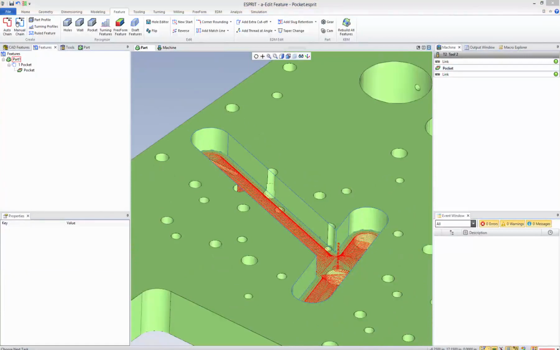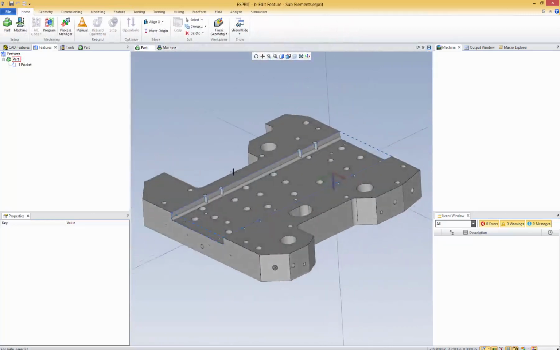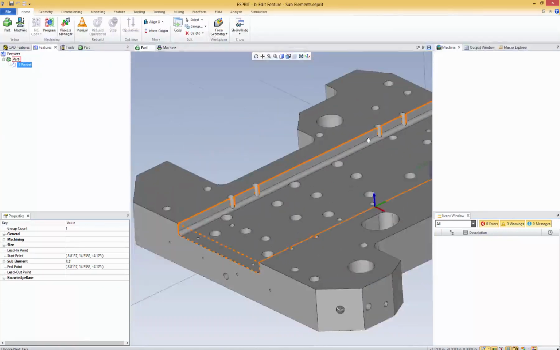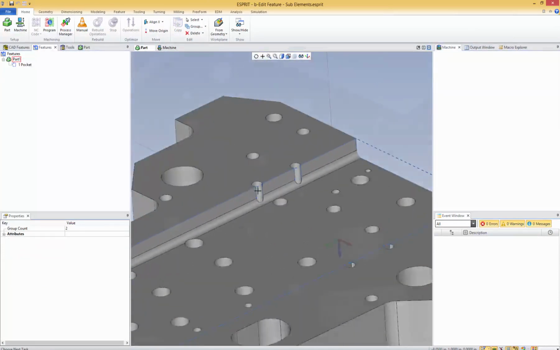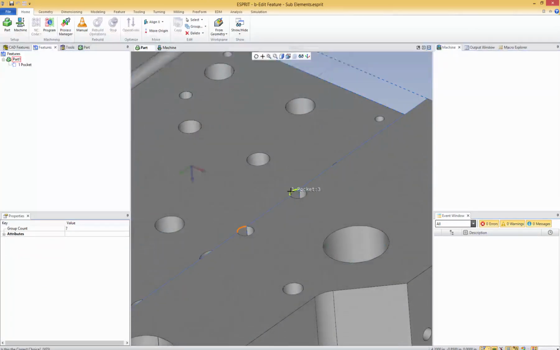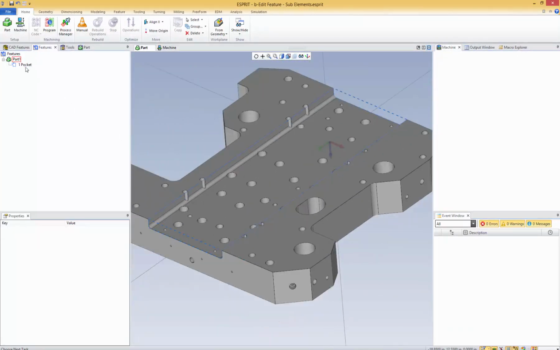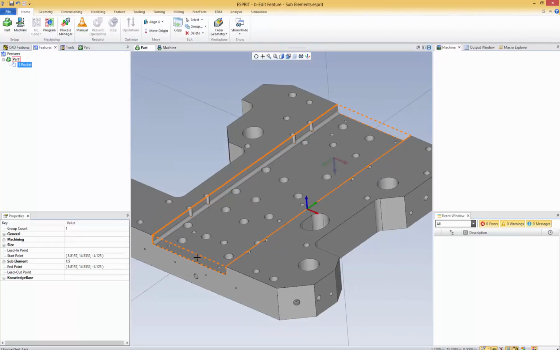Okay, so let's see that in another example right now. Okay, so this part is quite similar to the previous one. So I have a pocket here with a lot of holes on the side and I want to remove them. So I'm going to select each of them manually. Okay, and when this is done, I'm going to press delete. And then we can see we get a proper feature that we are going to use for pocketing.